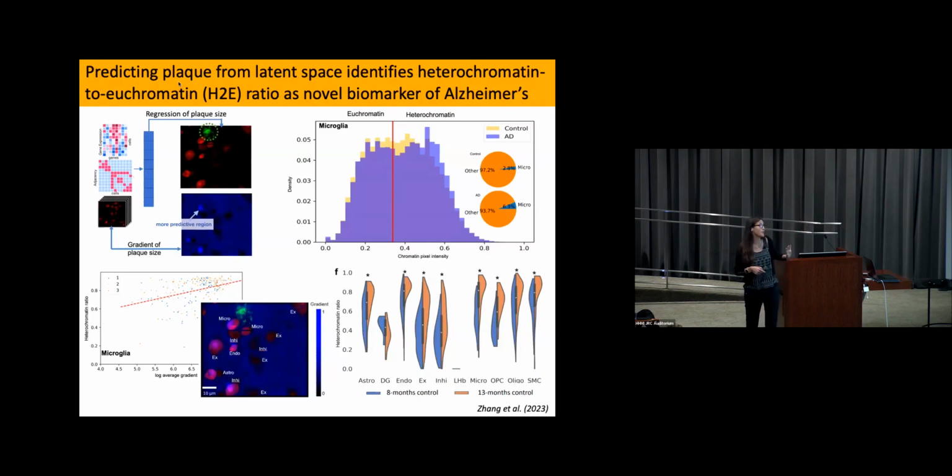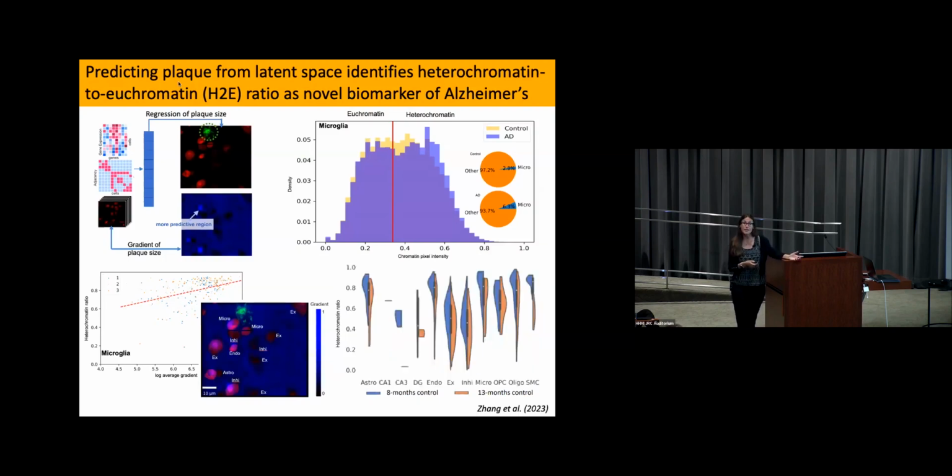And it's super nice, so now you can forget about the neural network. Now you just have a new biomarker of Alzheimer's disease where you see it's really significant in all cell types that with Alzheimer's, heterochromatin to euchromatin ratio goes up, which is particularly interesting because it's well known that with aging, heterochromatin to euchromatin ratio goes down. Chromatin decompacts with aging. Okay, so you have this reverse that is happening in Alzheimer's disease, and is something that we're now interested in studying, which are the parts that are, during aging, decompacting, but then, of course, in Alzheimer's